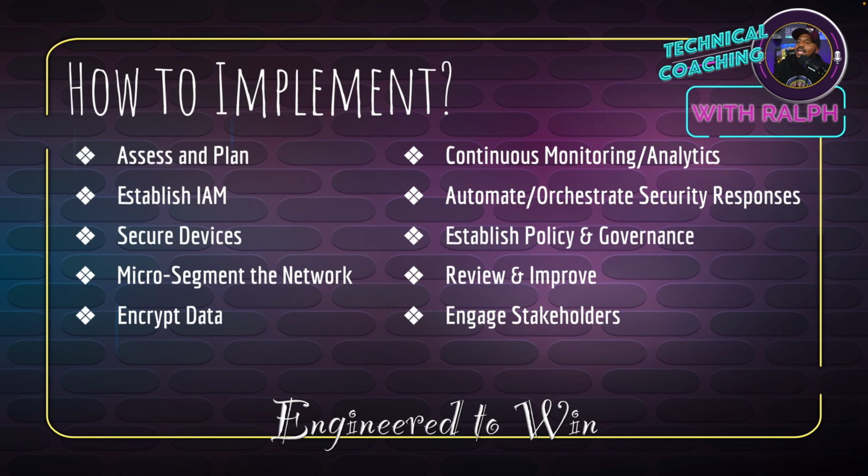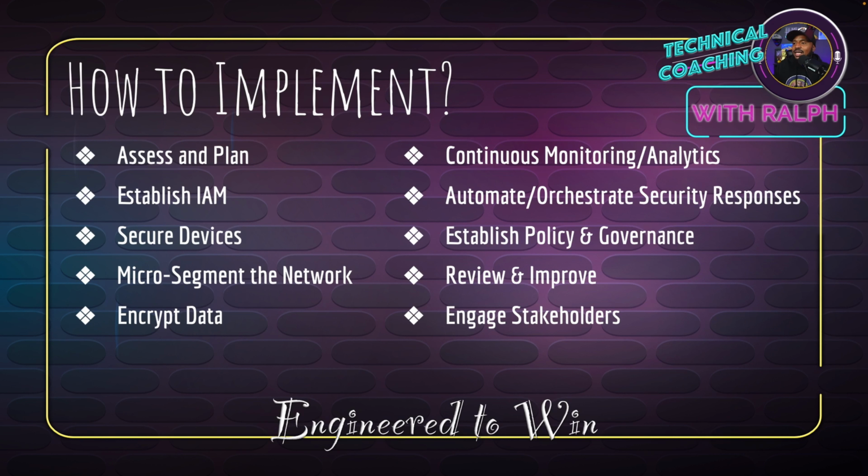So how do we get into implementing Zero Trust architecture? So it's going to be pretty basic, right? We have to assess and plan. I mean, it's basic in understanding, but it's going to be a lot of work, right? So let's get to it. So assess and plan, right? Define the scope and the objectives. We're going to run through the list real quick, and then we're going to go one by one to get a good understanding, right? So assess and plan.